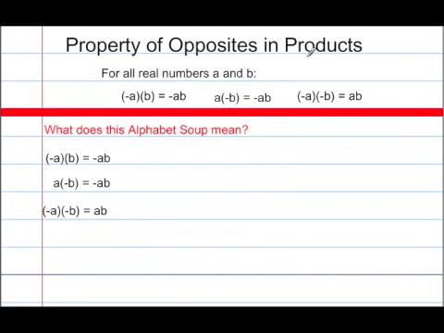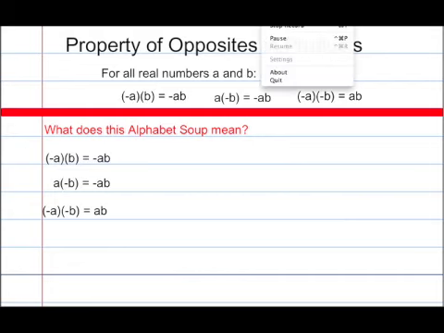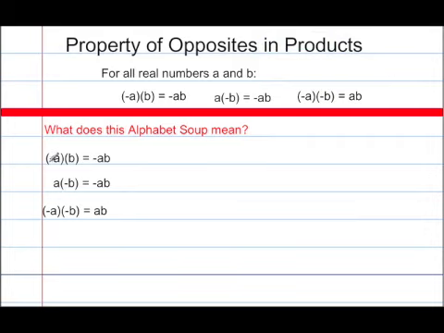Okay, property of opposites and products. For all real numbers a and b, you have -a times b is equal to -ab. So let's just simplify what this all means. This means a negative number times a positive number is going to give me a negative number. Positive times a negative is going to give me a negative, and a negative times a negative is going to